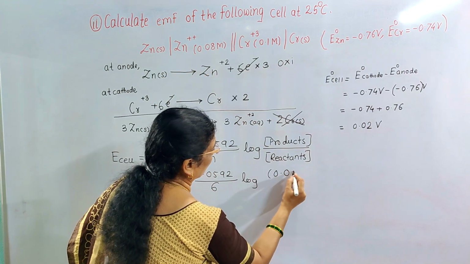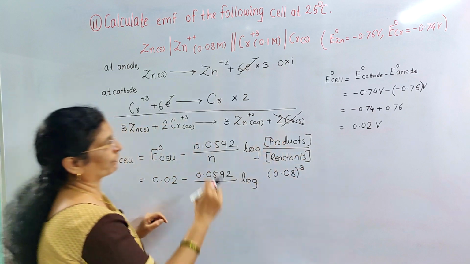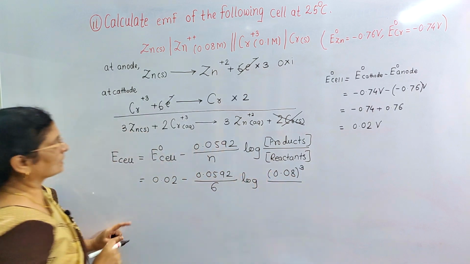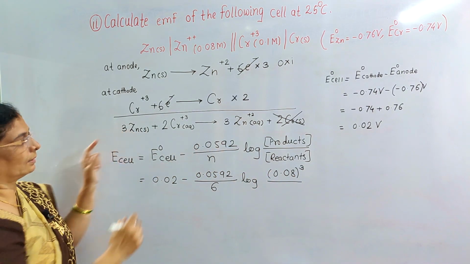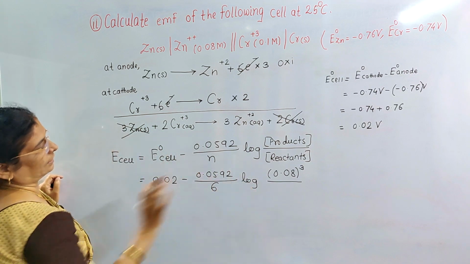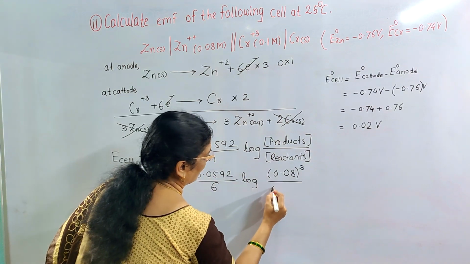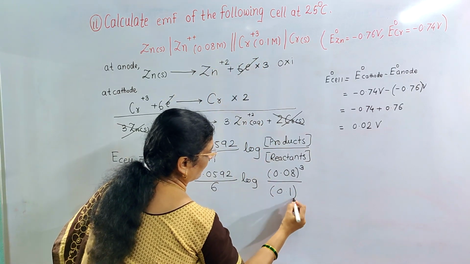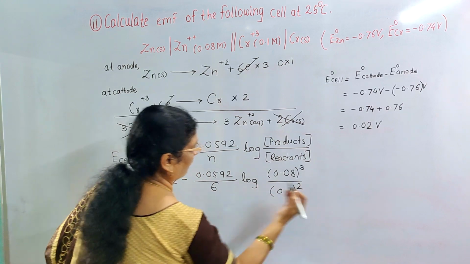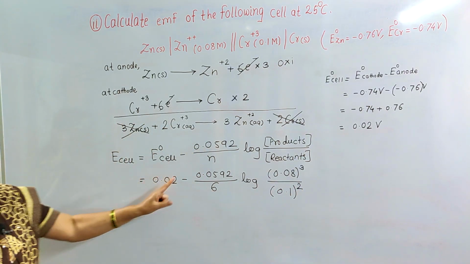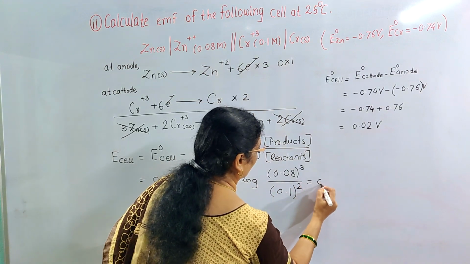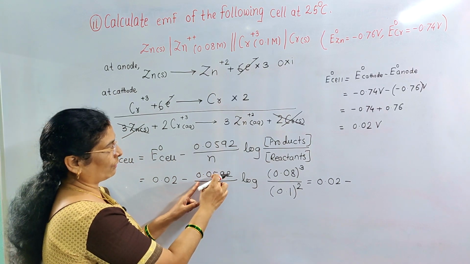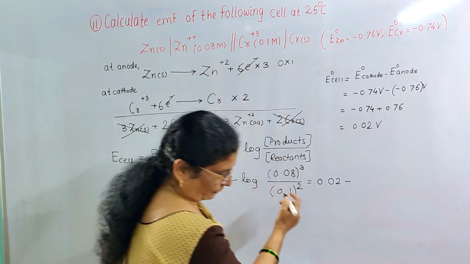So 0.08 raised to 3, because here 3 is the coefficient, divided by concentration of reactants: 3 Zn solid, this term will not be in this expression. Here concentration of Cr+3. What is the concentration of Cr+3? It is 0.1 bracket raised to 2. So you have to calculate all these values. So it is equal to 0.02 minus 0.0592 divided by 6. This value if you calculate, it will be